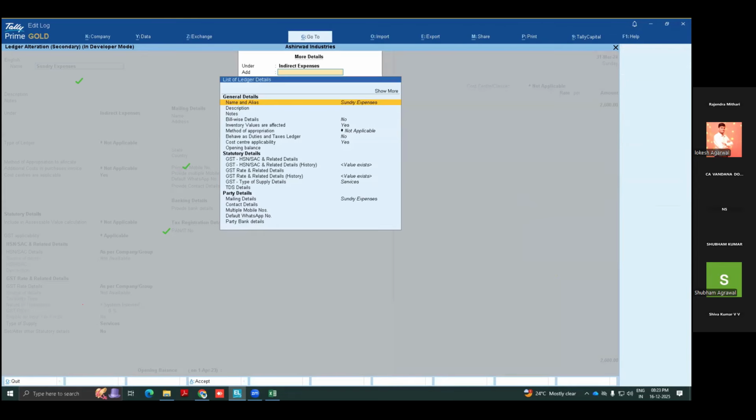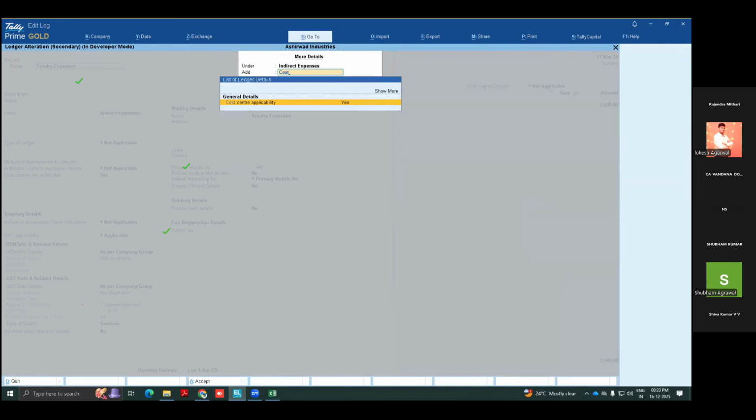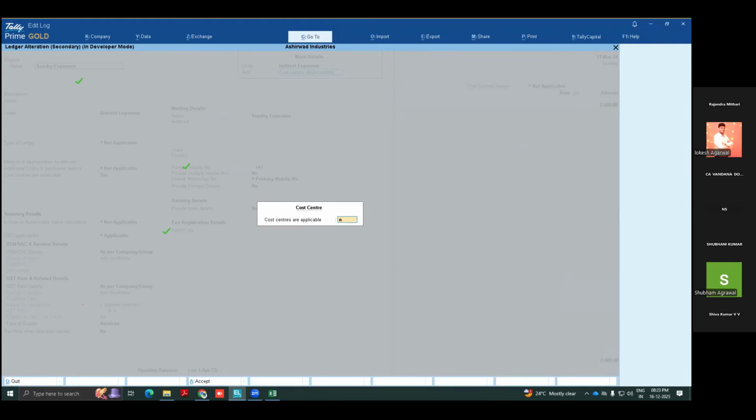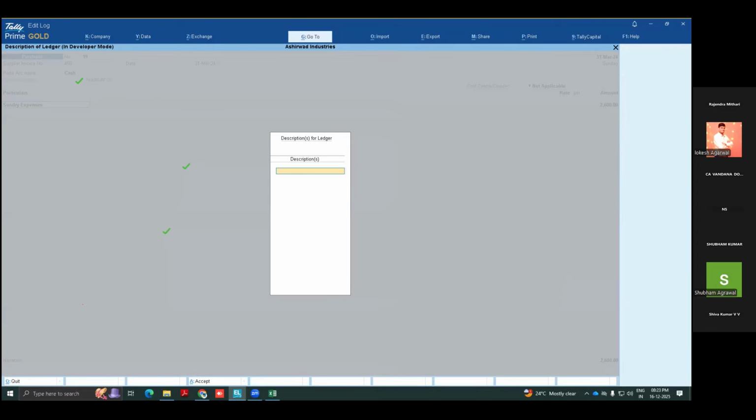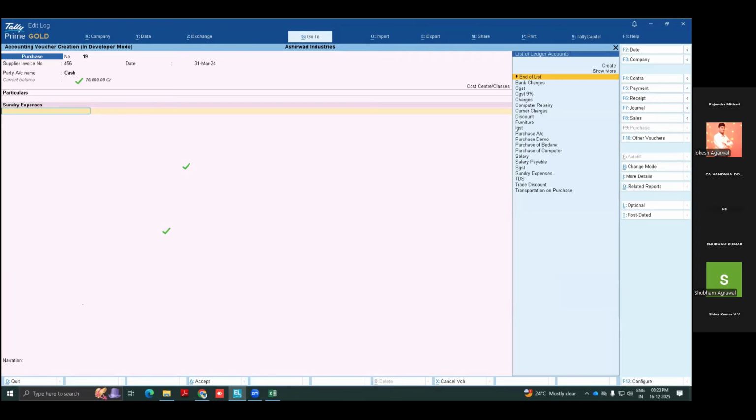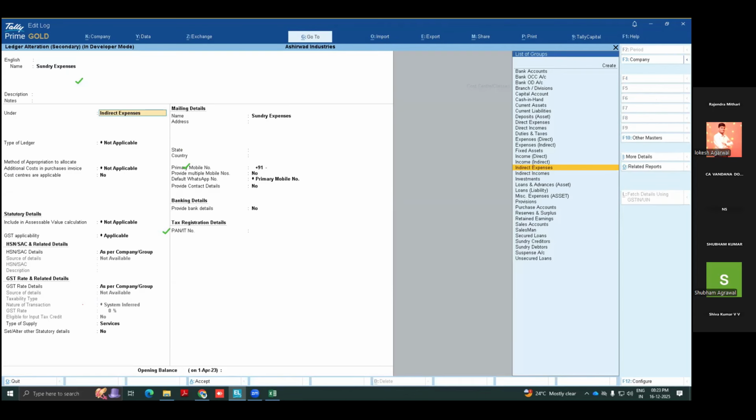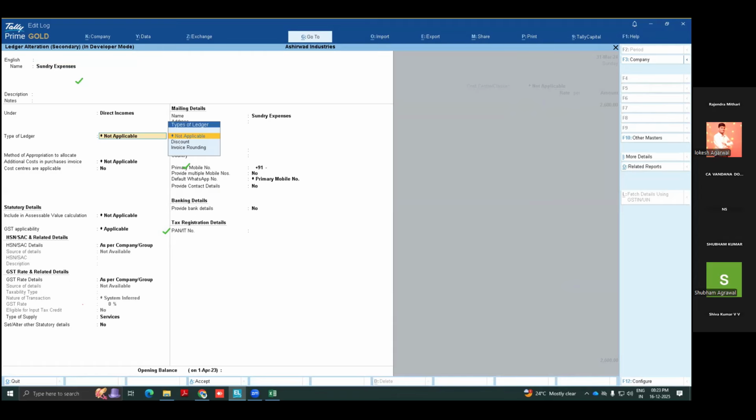Just a minute. So this is actually a completely separate task. I have just created one more ledger with setup. Sorry, indirect not required. Direct expenses. And here, please make sure that it is not considered as value and quantity. It should be not applicable, because it is not an inventory invoice.